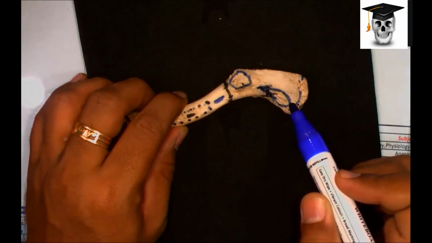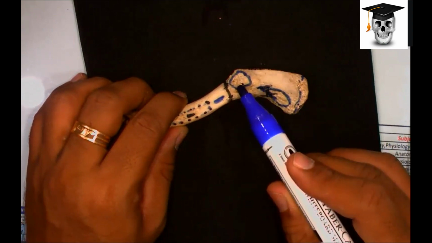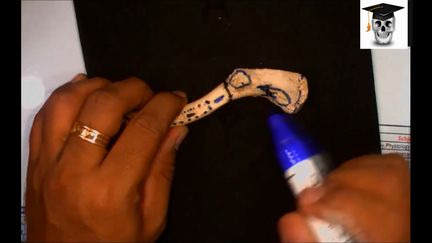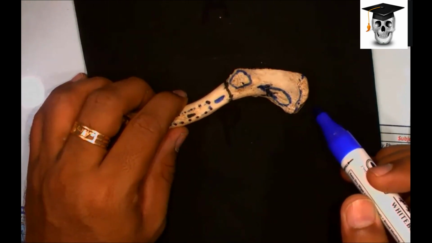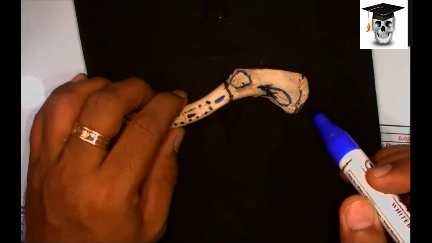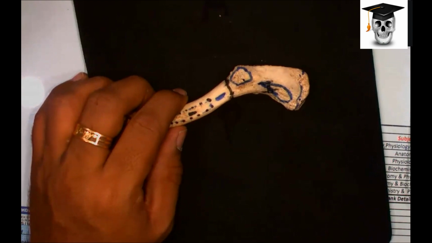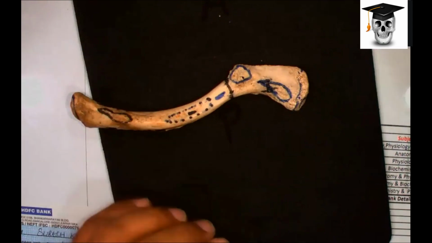All okay? So inferiorly you got two elevations. One is cone-like, called the conoid tubercle. The other is a ridge called the trapezoid ridge. Now both of these will give attachment to a ligament. This we call the coracoclavicular ligament, with its conoid part and trapezoid part. Now, what is the coraco? The word coraco comes from the word coracoid process.